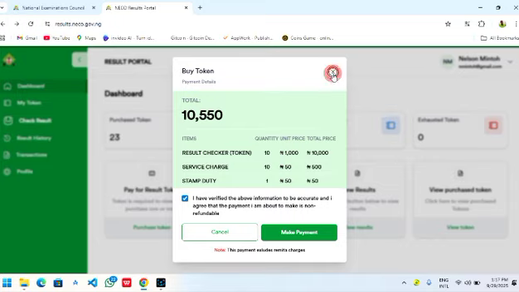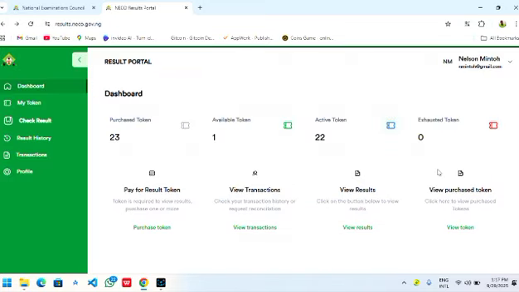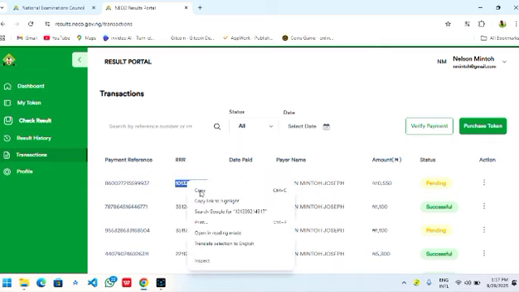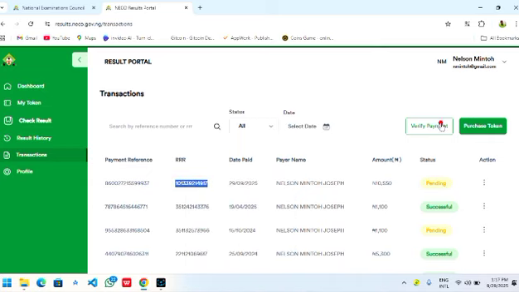Return to the Neco platform. Now it is possible that you have made your payment, but you are unable to see it, maybe the token has not been assigned. If the token has not been assigned, what you do is you take your RRR, if you are sure that you have paid and then you have received